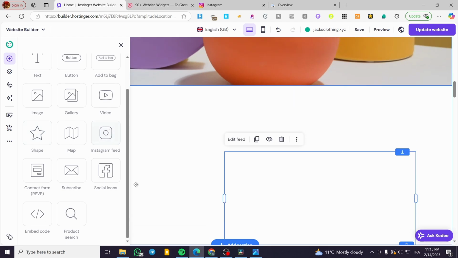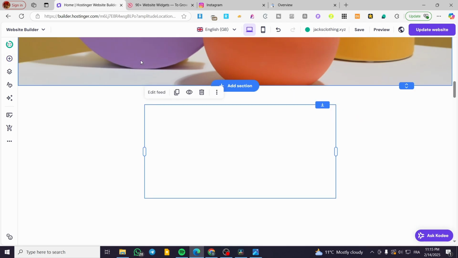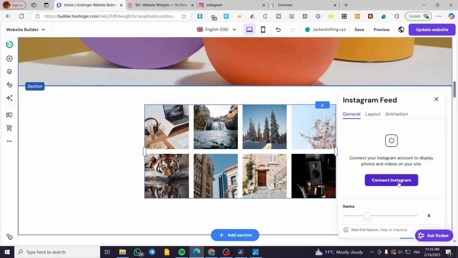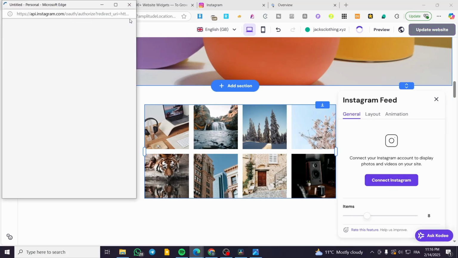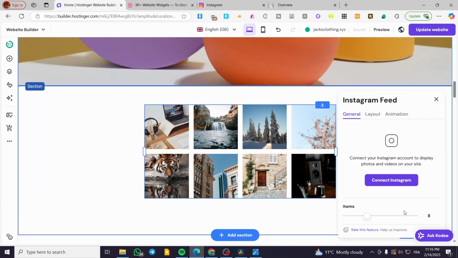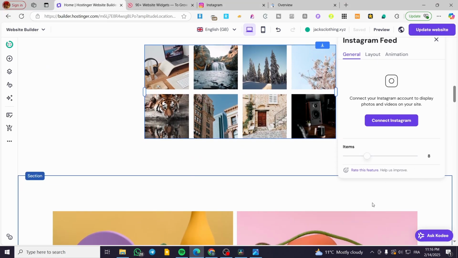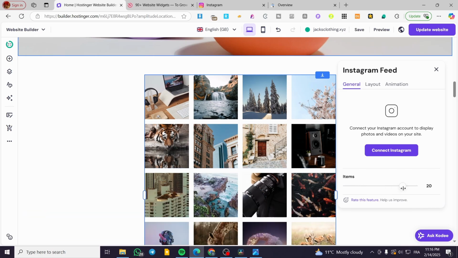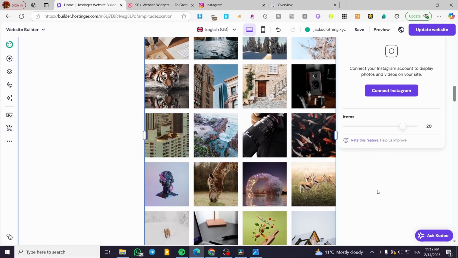I'm going to drag and drop it in here. Now we are going to place it in here. Click on edit feed and we can connect the Instagram as you can see here. Click on connect Instagram and authorize the access to your specific website. So after you have done that, you're going to select the items that you can go ahead and add for the Instagram feed. For example, you can put here up to 20 elements as you can see,